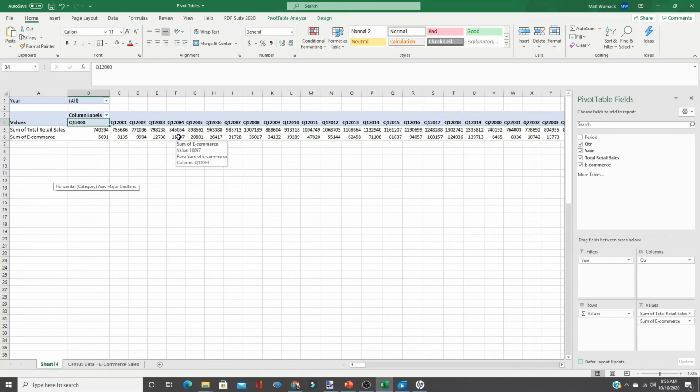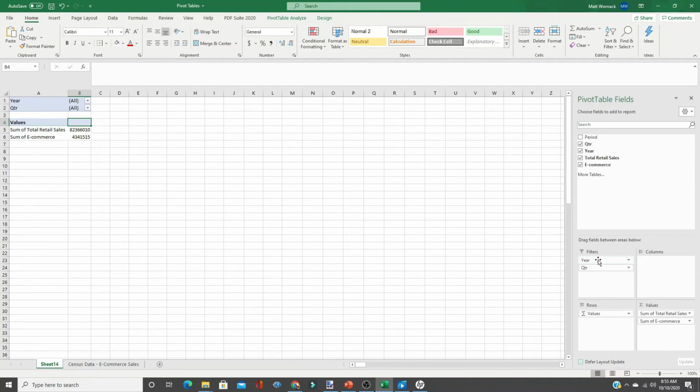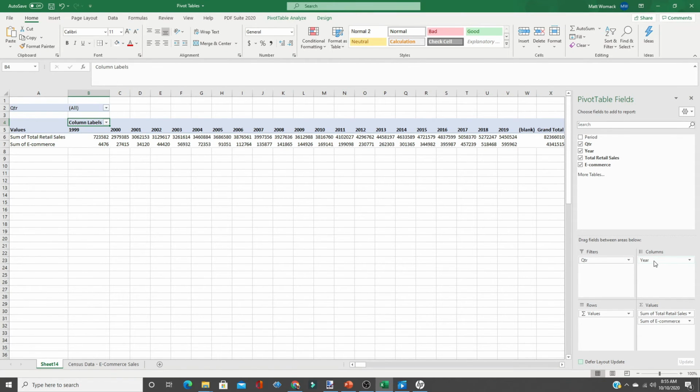Now let's say, as another example, we don't want to see quarters, but we want to see year. Well, again, like I said, pivot tables are very agile and they're flexible. So I can literally take the quarter out of here, move it over to my filters, and then move the filter that I had in there, year, over to columns. Now I've changed the information within my pivot table that easily,